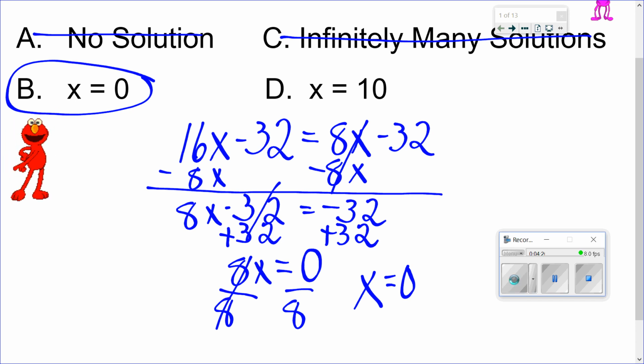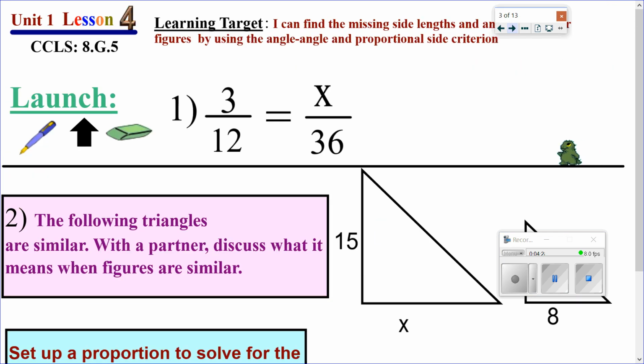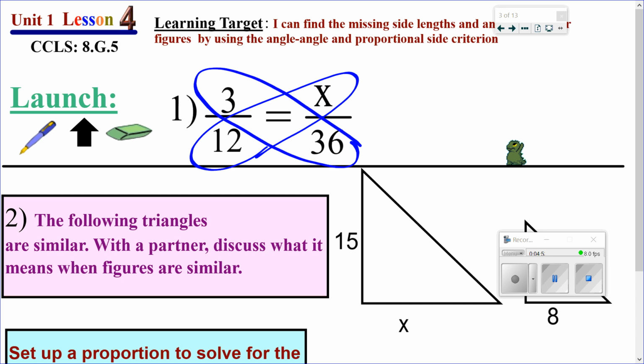Okay, now we're going to go to our next slide, and we have this launch. Number 1, we have 3/12 equals x over 36. This is set up as a proportion. So how do we solve it? Yes, we use cross products. Some of you will call it the butterfly method. We call it cross products in 8th grade. So now we do 12 times x gives you